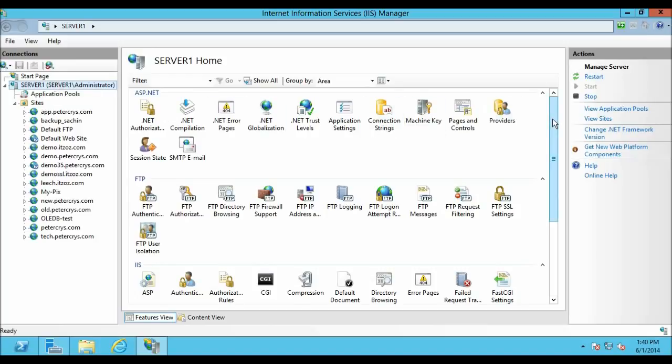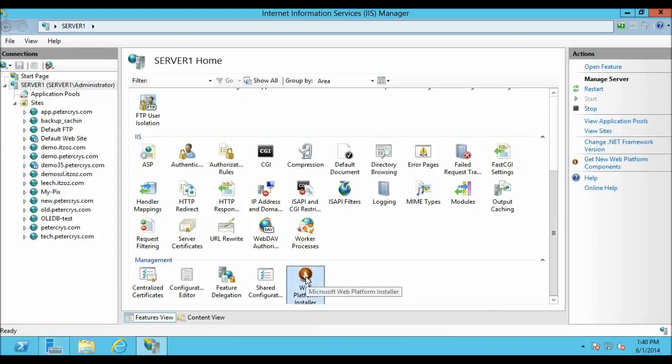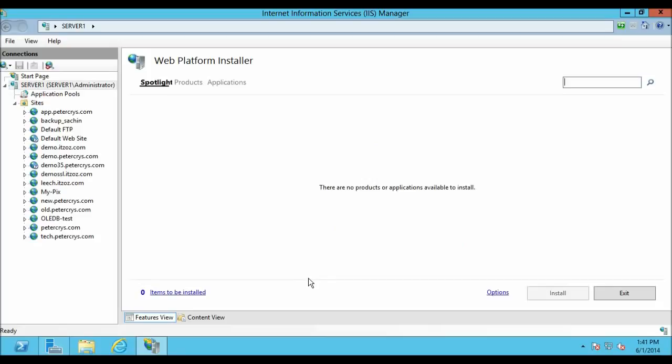Now once again, from the server node, let's go to Management section. From the Management section, click on Web Platform Installer. If you don't see the Web Platform Installer in the Management section, check out our this video. Now, double click on the Web Platform Installer. Before you launch Web Platform Installer, the internet should be working on your server. Right now, the Web Platform Installer is checking the configuration of IIS and also checking for the features and softwares which are available for this server. Once the search is completed, it will bring up the menu.